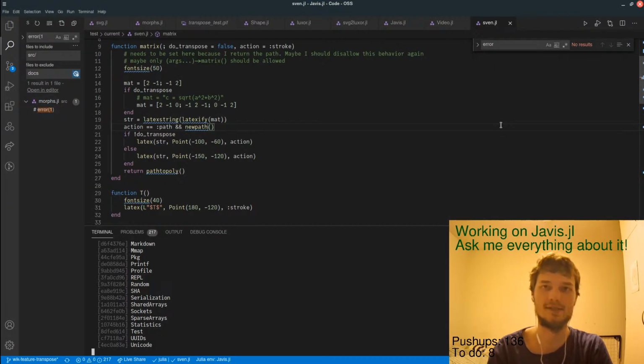So basically started with Juniper.jl. It's my first Julia package, and then did the constraint solver one, and now doing Javis.